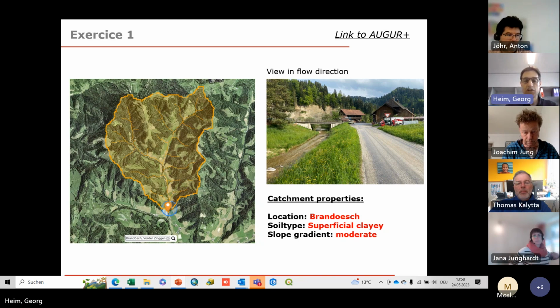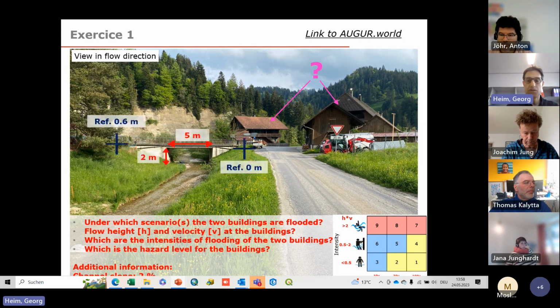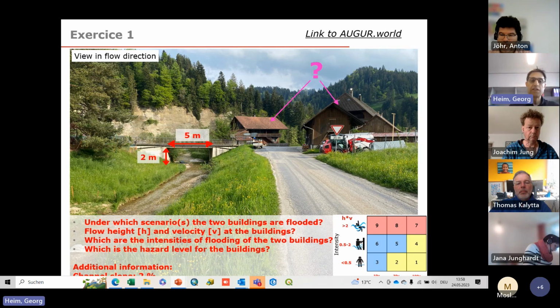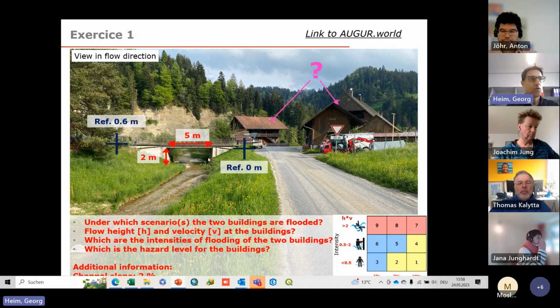And here you have the questions we saw before, that you have to give a response. It shows you also the geometry of the bridge, 5 meter the width and 2 meter high. It shows you as well that this